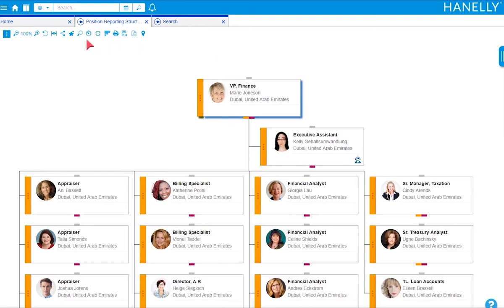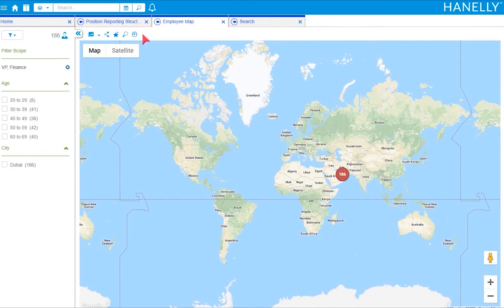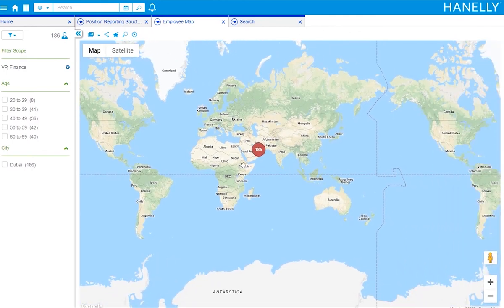Opening the dashboard, organization overview, icicle chart, and employee map from here will show data depending on what node is set as the org chart's root. So here, for example, the VP of Finance is the root node of my org chart. So when I open the employee map, I see the locations for all the employees that report to this position,